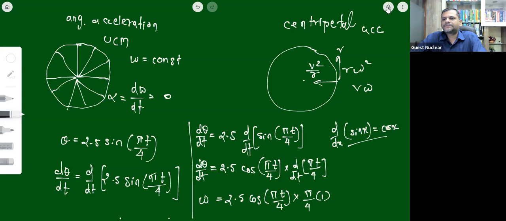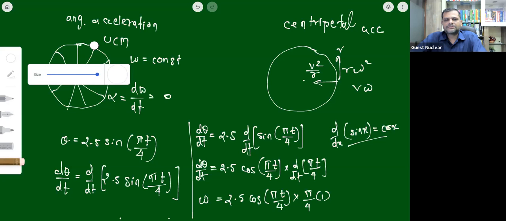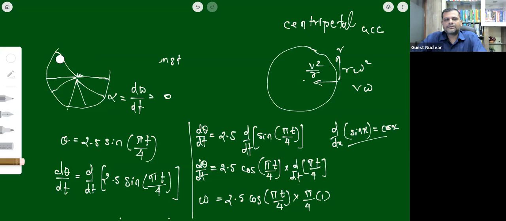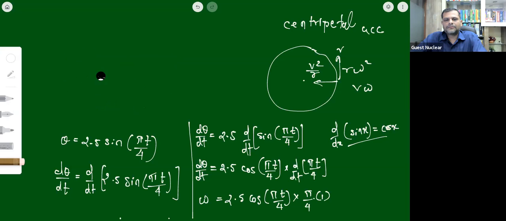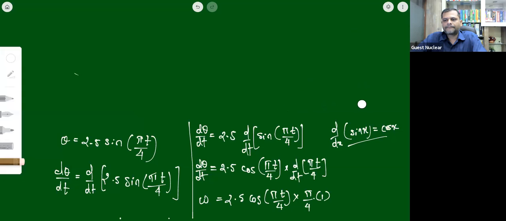And in the next step now we can just get this as, see here, so omega is obtained to be actually equal to